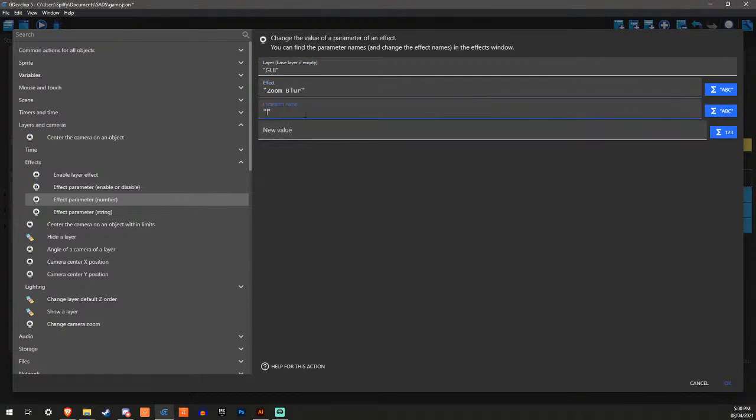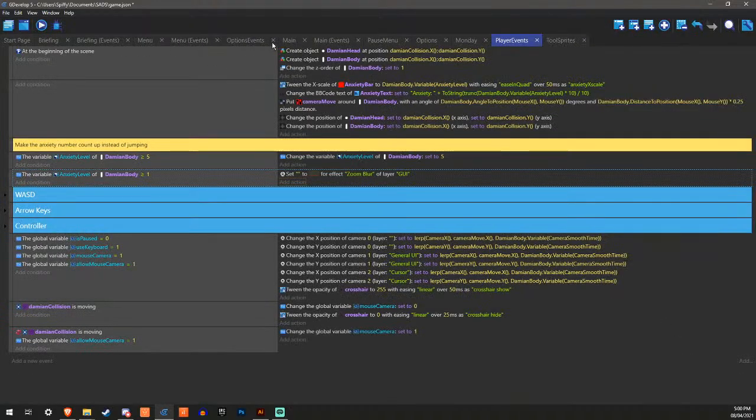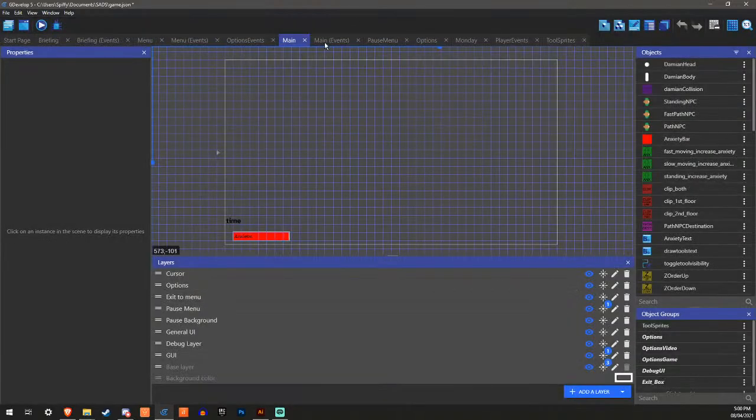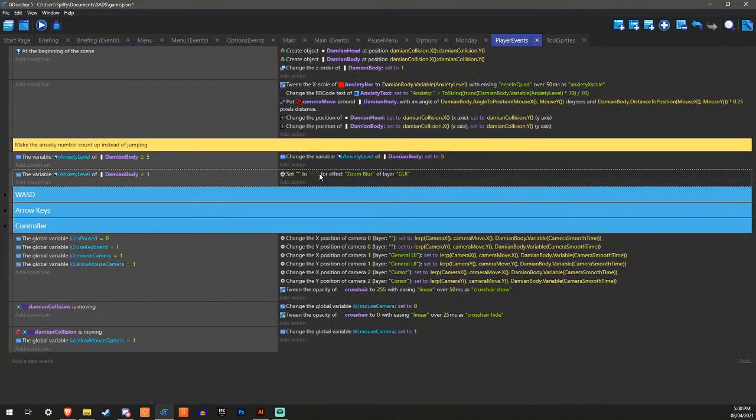Parameter name. Yeah, I actually don't know the name of it. What is it? Wait, what is the name of it? Is it just this, like strength and the radius? Or is it more advanced than that?